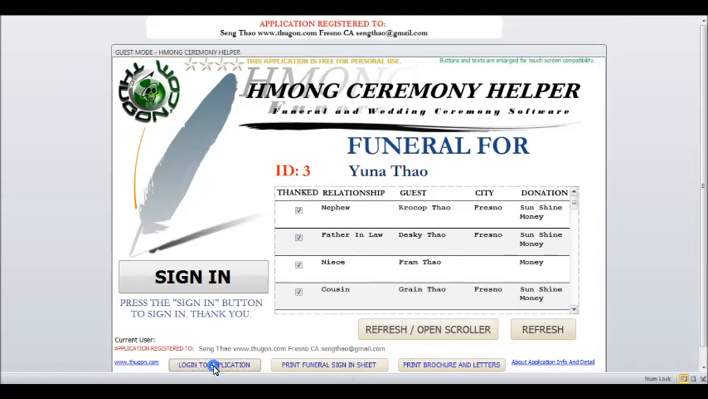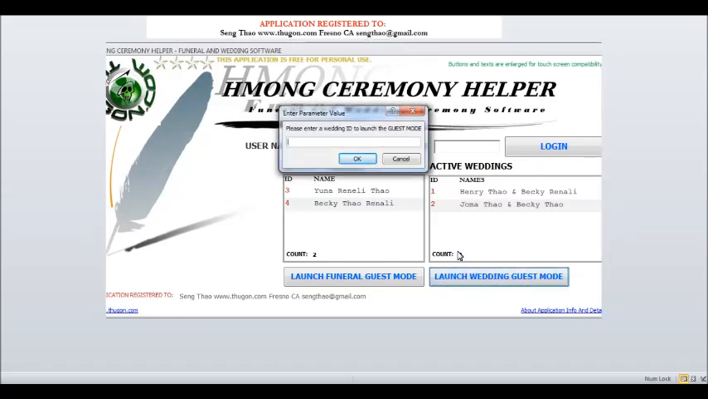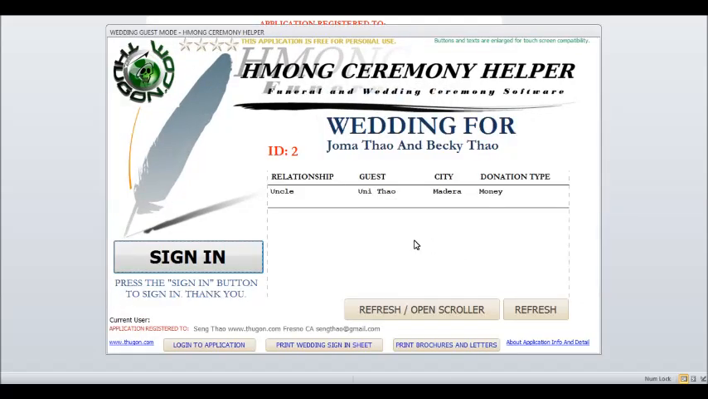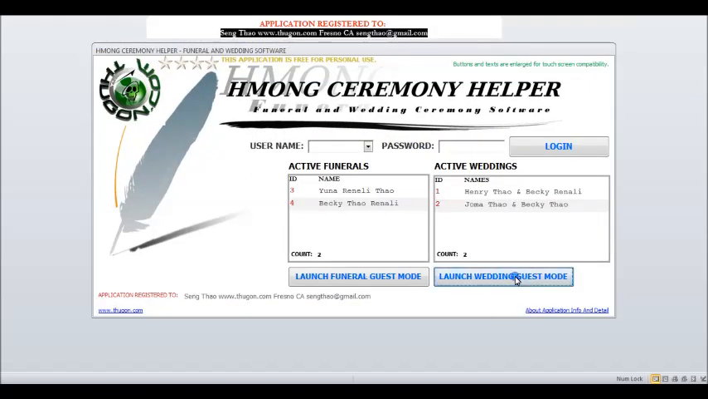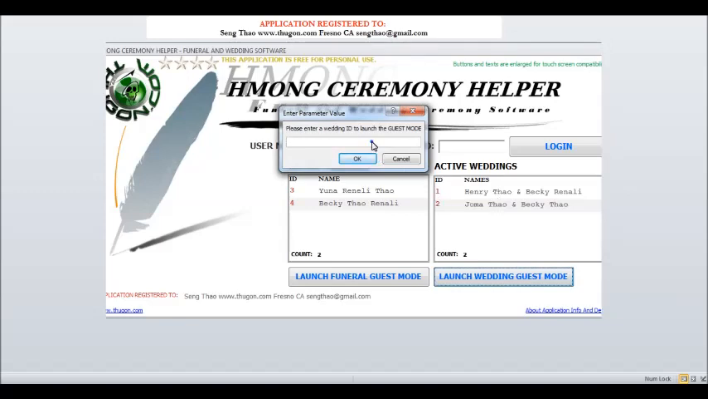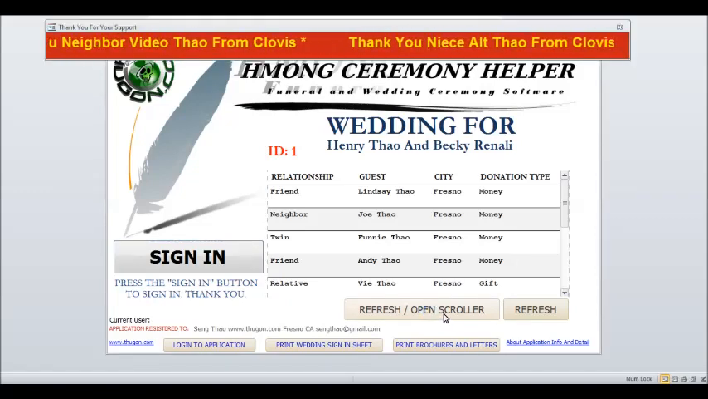I'll go back to the login site, and if you go to the wedding guest mode, it's very similar there. I'll go to wedding number 2, where I only have one name here. Okay, and you can open and refresh the scroller here, and you'll see that. Okay, go back to the login. Let me open up the other wedding that I have more people on, such as this. Refresh open scroller. Okay,